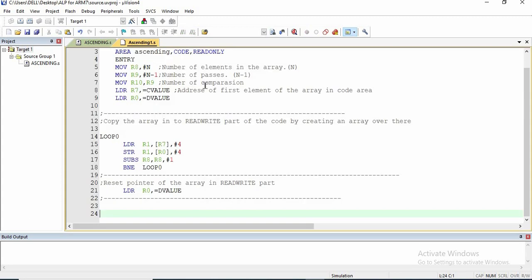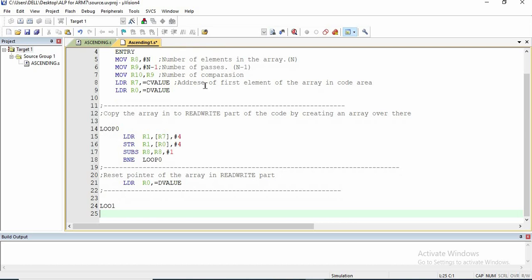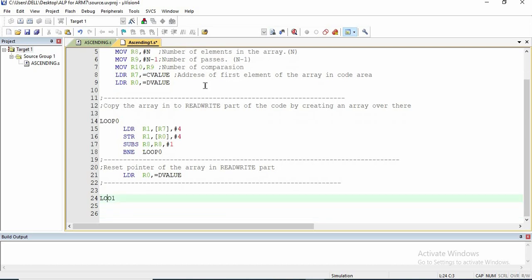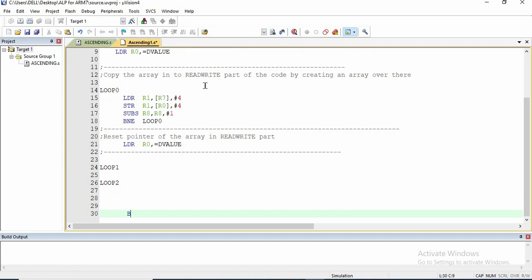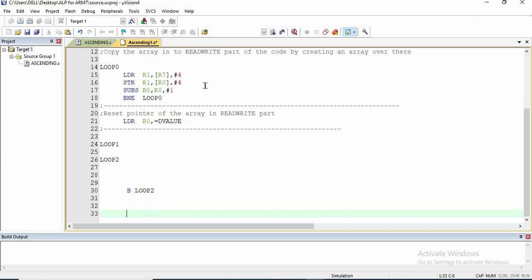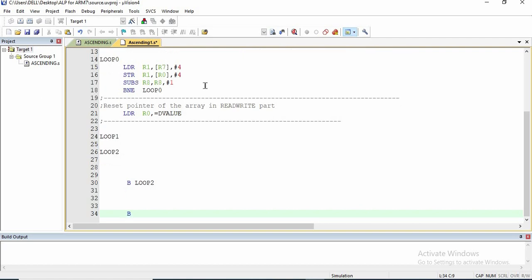We need two loops: the first one will be loop 1 and the second one will be loop 2, and it will have its own branch B. Let it be B for the time being, and it will loop back to 2, and loop 1 will have its own branch B, and it will loop back to 1.